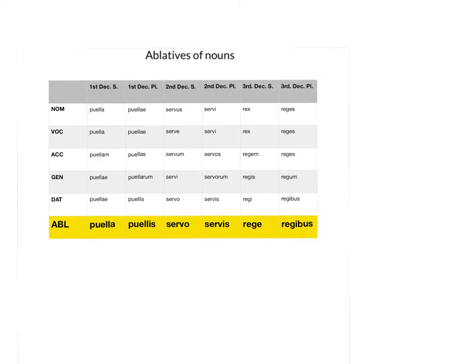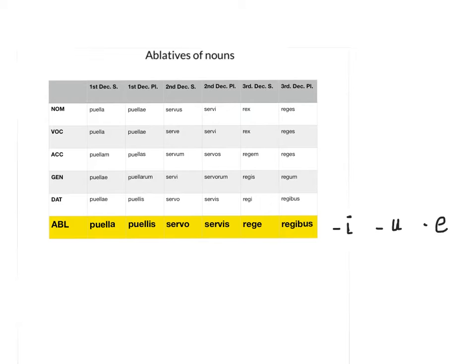Now, you can't master the ablative absolute without getting to grips with the ablative case endings. So here's a table which should look very familiar to you. Here are the first three declensions in Latin. Most Latin nouns belong to these, and I'd say that these are the three that you absolutely must know. Now, in addition, there are some others. There are third declension nouns, for example, whose ablative ending is an i in the singular instead of an e. There's a fourth declension where the ablative singular ends in u, and there is a fifth declension where it ends